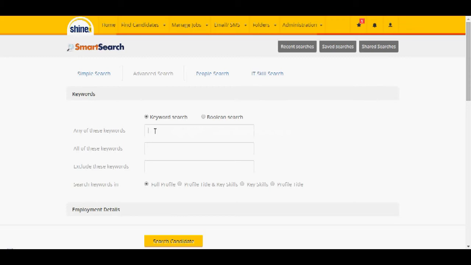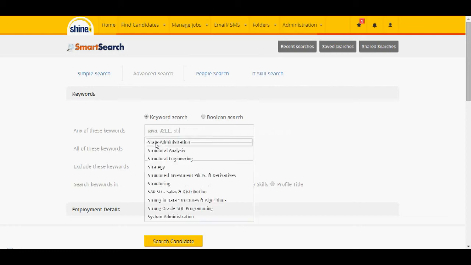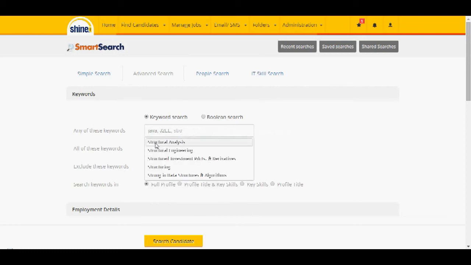So for example, I say Java, comma, J2EE, comma, struts. Right? So these are three different IT skills, pretty much from the same domain, but still different skills. So when I do this search, the results that I will get will have at least one of these three. So when I go ahead and do this search,